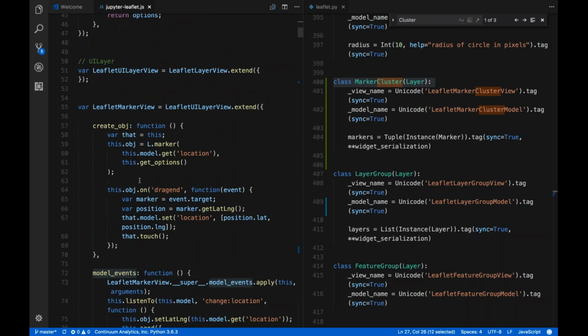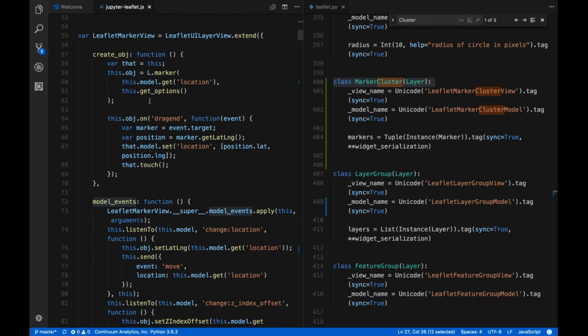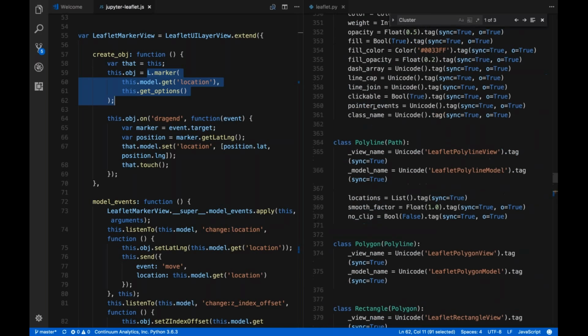So essentially what happens, here's an example for a marker. The create object method is responsible for creating an actual leaflet object, and here's where it does that. It creates a leaflet marker, and it uses attributes from the model. this.model represents the model that is associated with the view. So for a marker, for example,